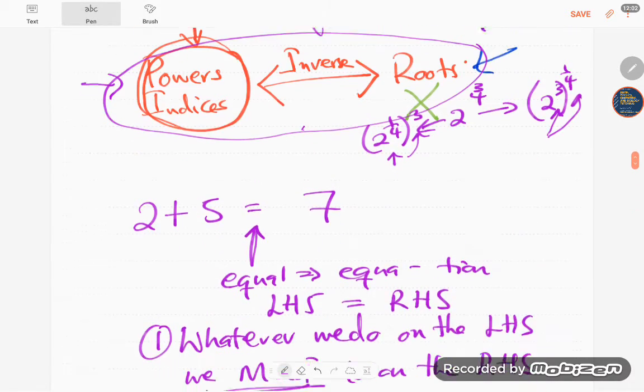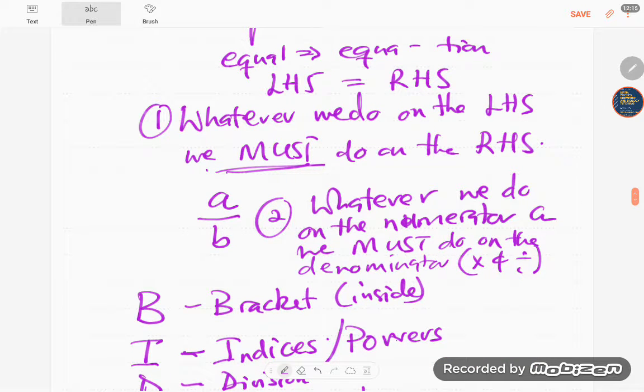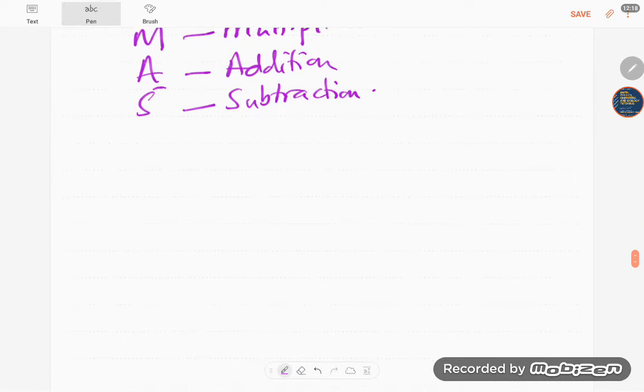Okay, now coming back to a 2 plus 5. As long as we know that whenever we have an equation, whatever we do on the left, we do on the right. Whenever we have a fraction, whatever we do at the top, we do at the bottom as well. Usually only for multiplication and division. Then we haven't changed anything about the fraction. Okay, now coming back to the 2 plus 5